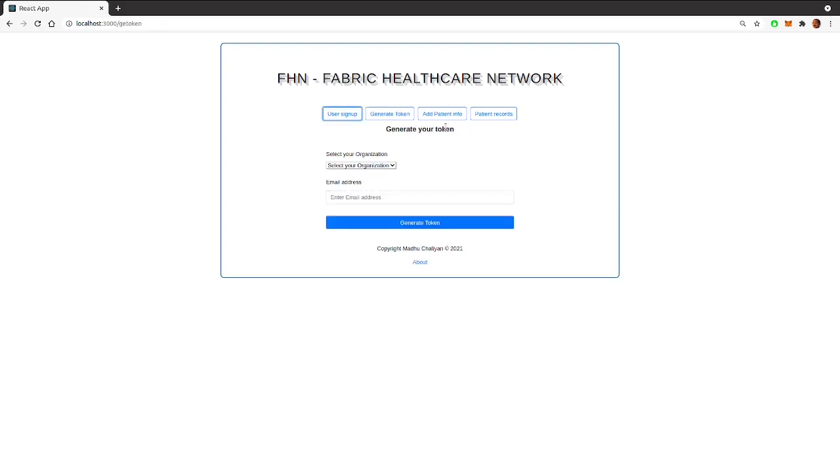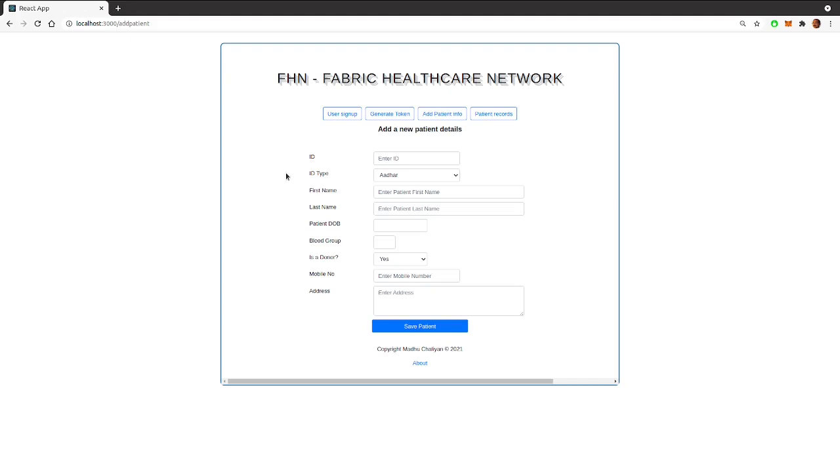This screen is to regenerate the JWT, because the token will expire at a predefined time, so you have to generate the token. For that the user has to be registered first. You can select the organization, enter the email ID, then click on generate token, and the token will be generated. This screen is created to add new patient details,